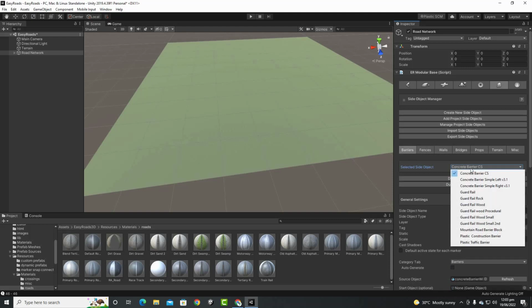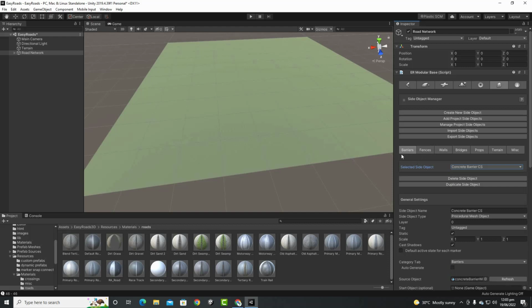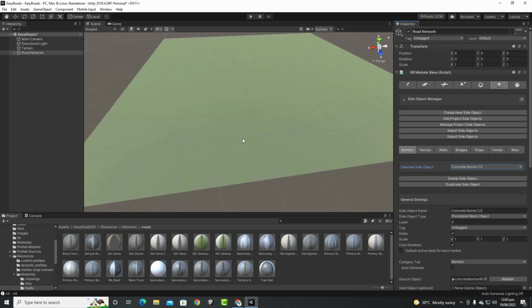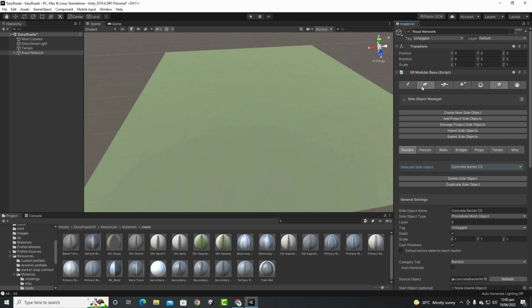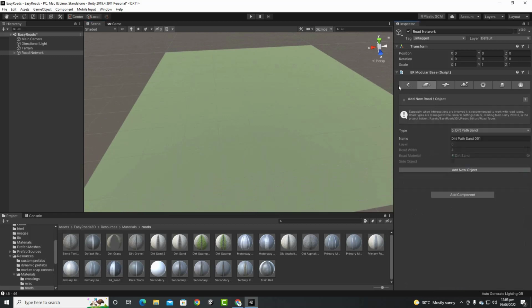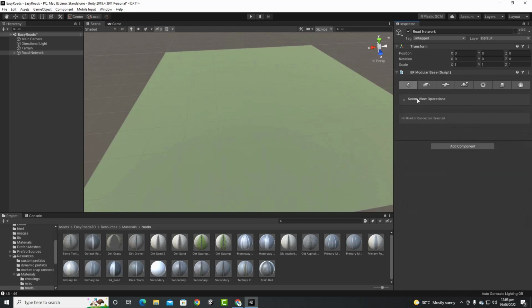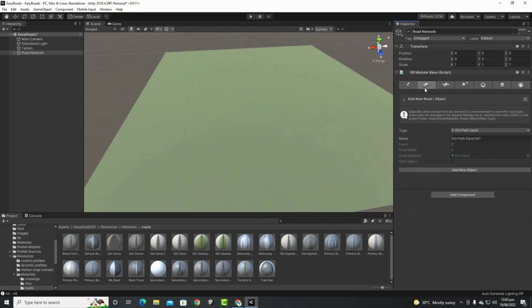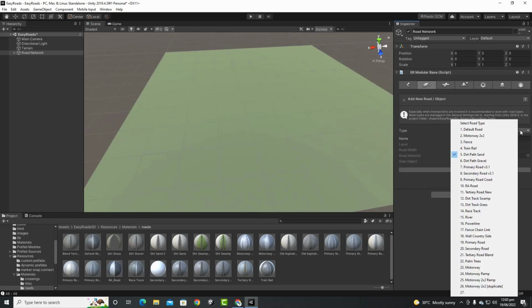And barriers as well. So let's start creating a road, and let's see how we can create nice roads in EasyRoads. So let's go to this tab, the second tab actually, and the first tab is for properties, when we will create our objects. So let's select this, and we will select the road type. So let's select the default road,